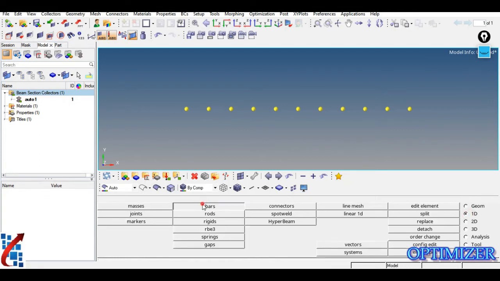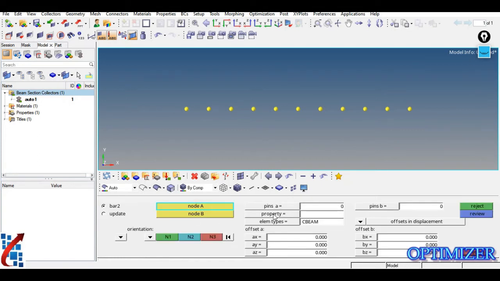Now how to create the elements in between these nodes? For that, go to 1D bars. As we are going to create a bar element, you just select the bar property and element type as C bar, and orientation. So what is this orientation? This is the orientation of the cross section. Here you need to select in which direction the orientation should be.